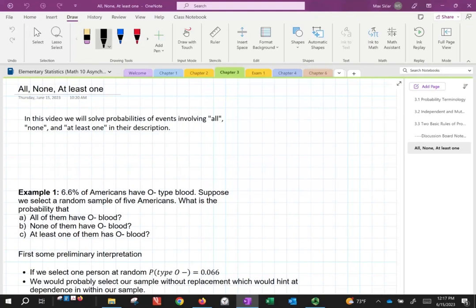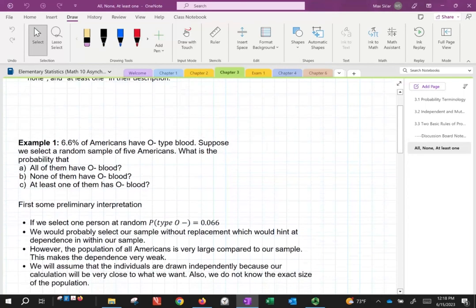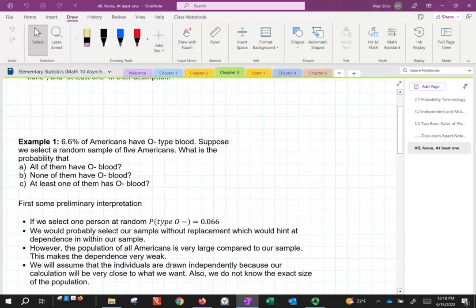In this video, we will solve probabilities involving all, none, or at least one in their description. So what does that mean? Well, let's take a look at example 1. In example 1,